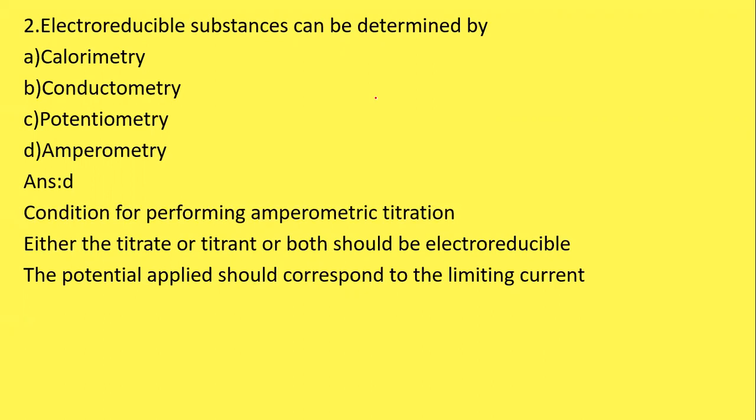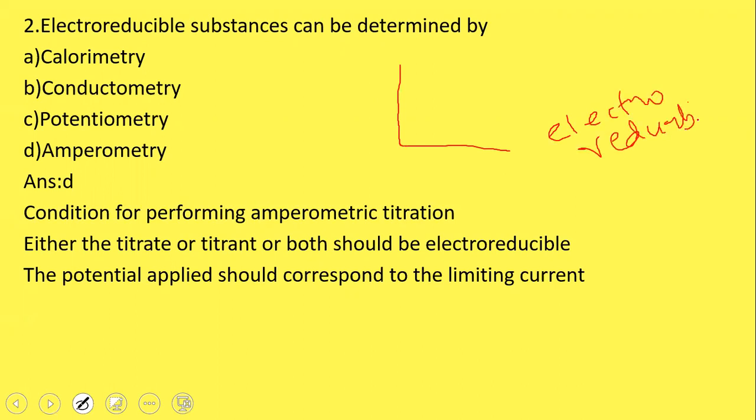Suppose in amperometric titration, we are detecting electroreducible substances. So you have to apply some potential so that the galvanometer shows some deflection if any electroreducible substance is present. If any electroreducible substance is present, then the galvanometer will show a deflection. So deflection will only show on the galvanometer if you apply a